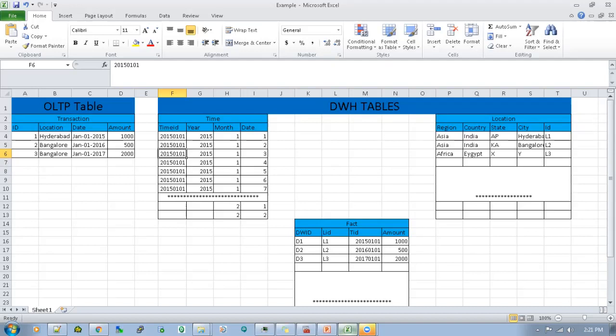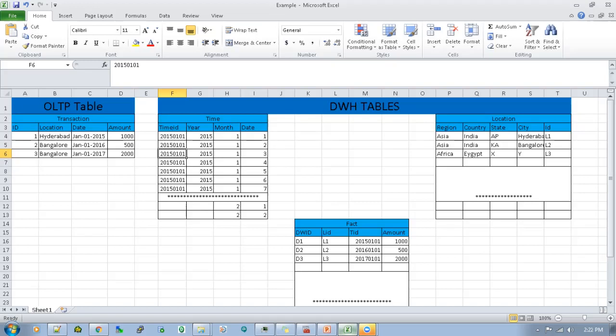All this data is divided into different modules. Each module will be called an OLTP system. OLTP system is nothing but online transactional processing system, which is used for day-to-day usage, day-to-day transactions,